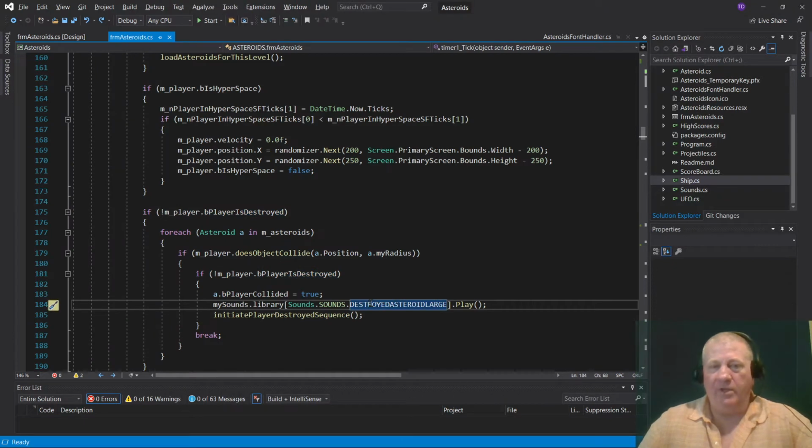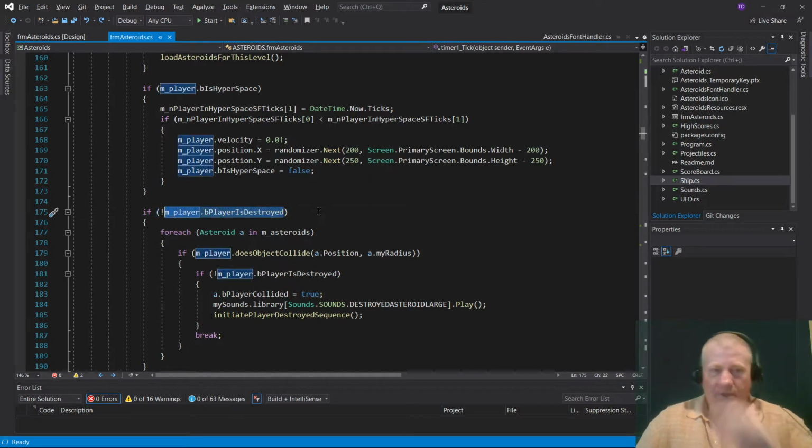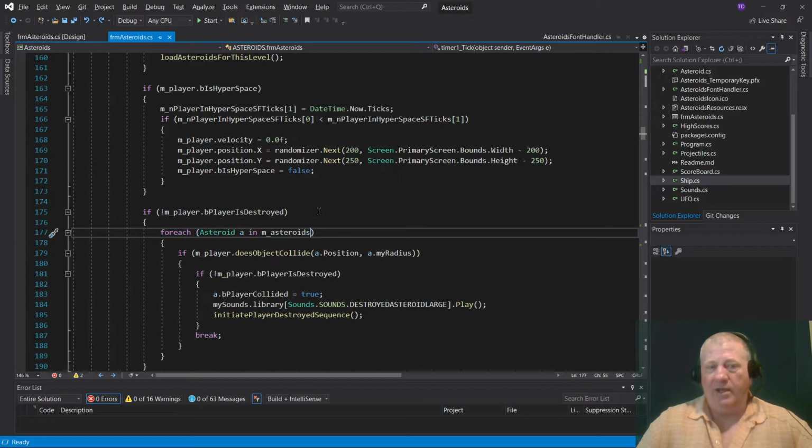For me, it just seemed a little bit obvious to organize this. Now, as I got into this and started getting into granular functionality, it became a little bit spaghetti, which will become obvious as we move on. So with this, if the player is not destroyed, mind you,